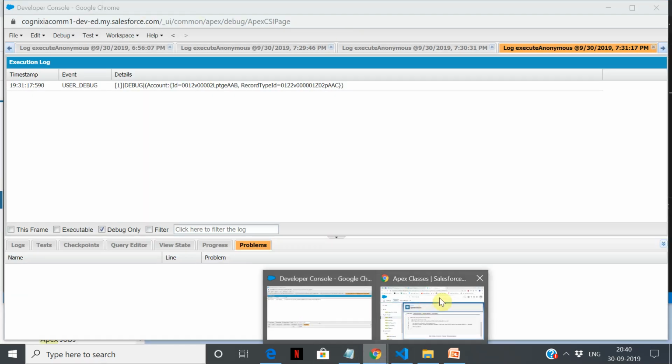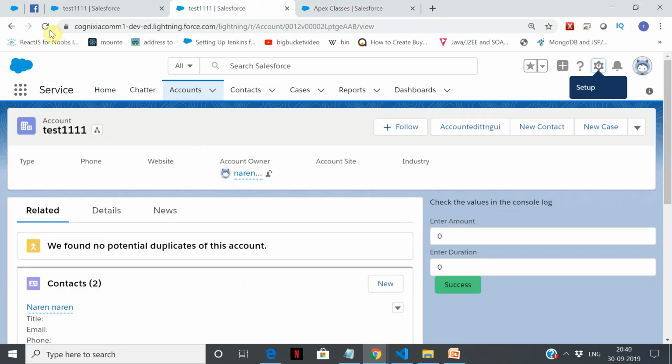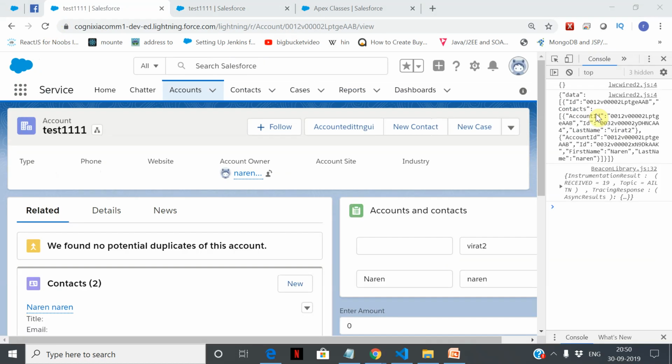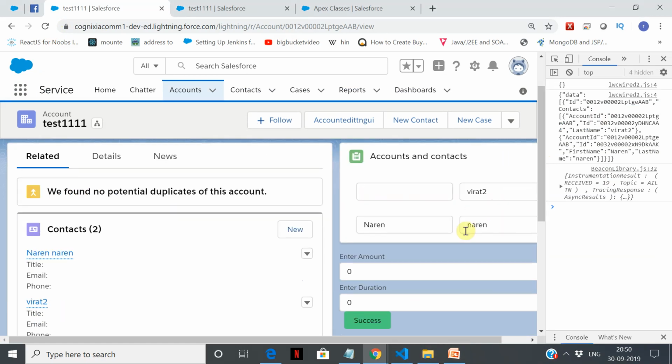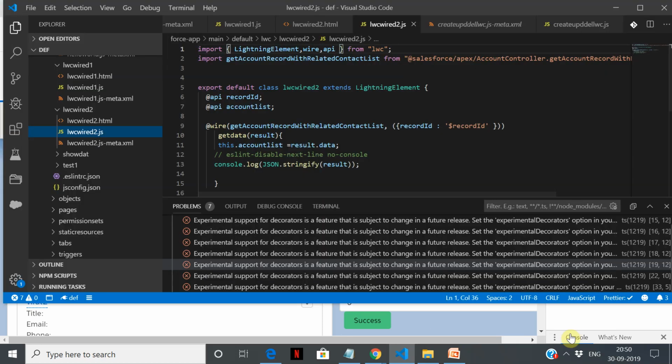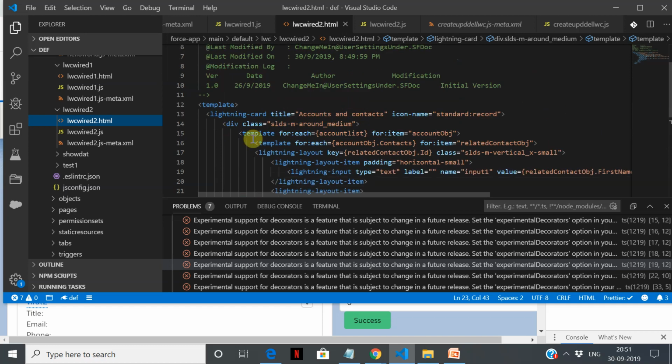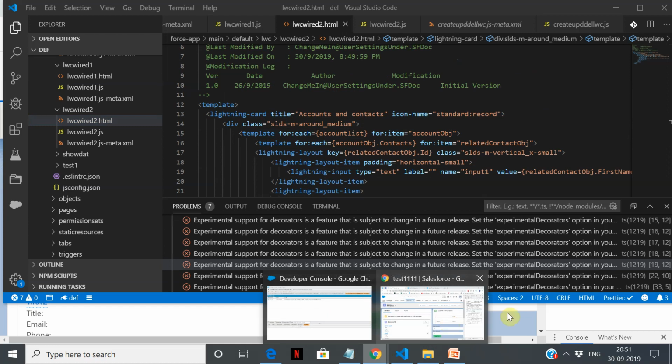So let's see if we see the list of contacts for an account. So let's give this a refresh. Yeah, so basically we try to see the data over. If you can see, the last name, first name has got generated here. And the list is rendering the account and contact data back. So what we can do here is basically try it out, and there isn't any change that is done over here. It's just that the DOM takes some time to refresh because there is a lot of HTML that we have added here in the template. So now it's fine, now we get the data over here.